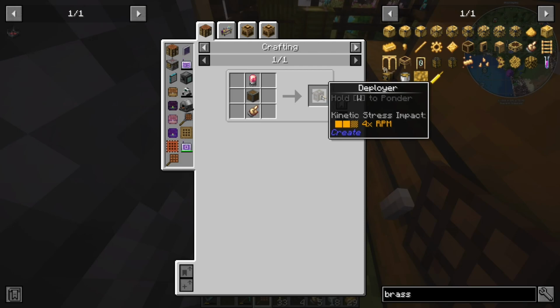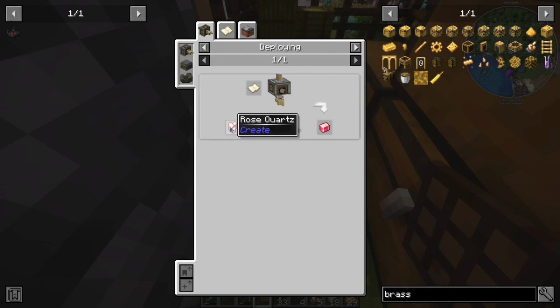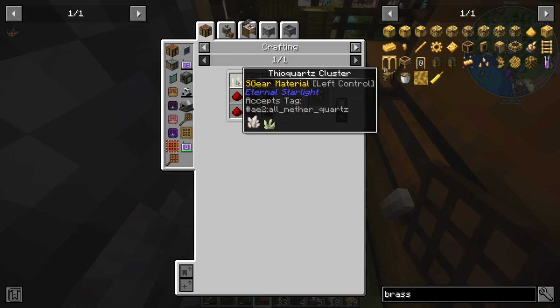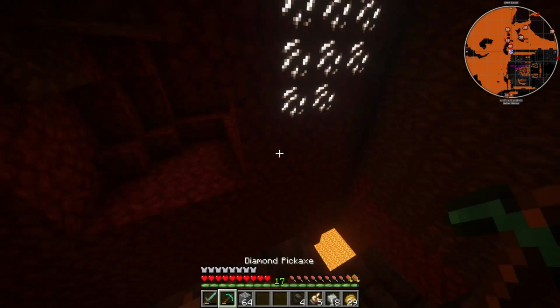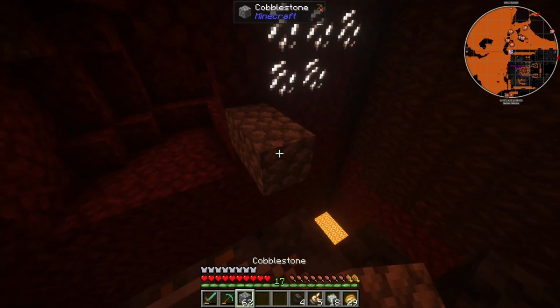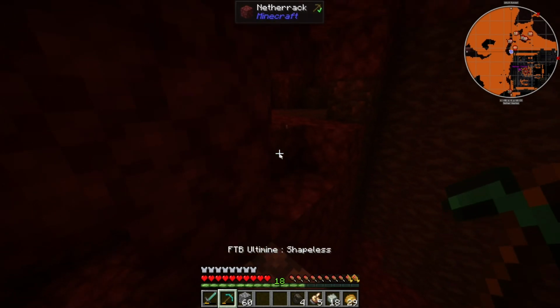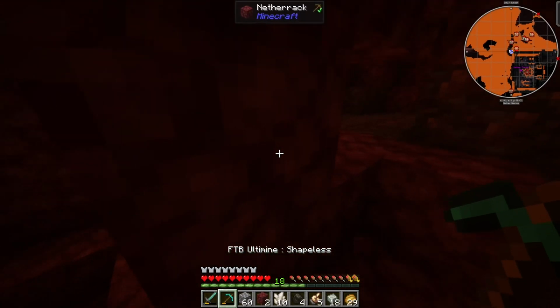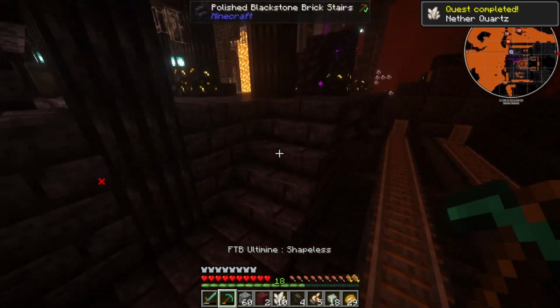The next part of making deployers is we are going to need to go back into the nether because we're going to need polished rose quartz, which is made from rose quartz, which is made from regular nether quartz and redstone. And we do have some quartz pretty close to where our portal is, fortunately. So if I go ahead and mine that all up and actually get it, there we go. We should have enough to make the